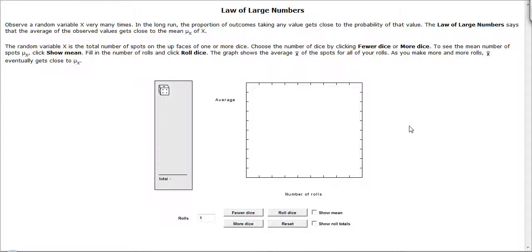So observe a random variable x very many times. Now we're going to use a die to simulate this random outcome of this variable. In the long run, the proportion of outcomes taking any value gets close to the probability of that value. Now this has been established mathematically. And the law of large numbers says that the average of the observed values actually gets close to the mean